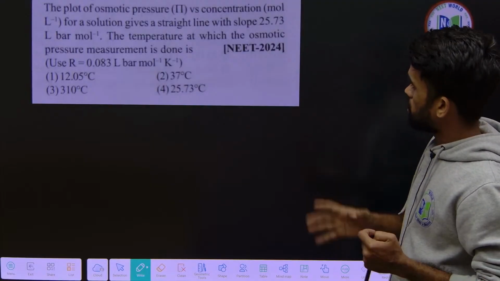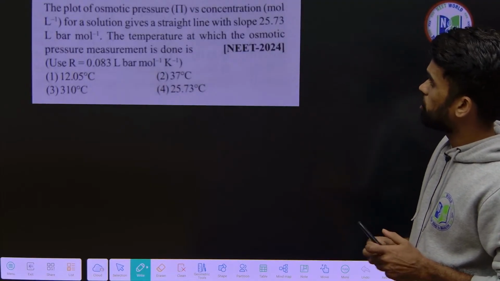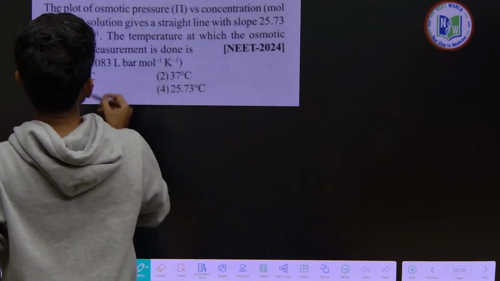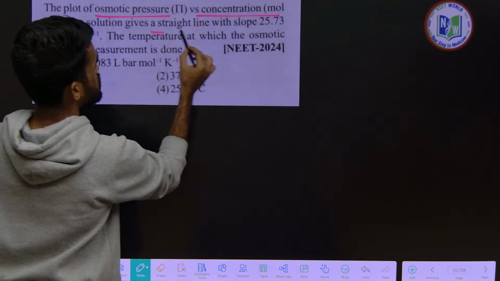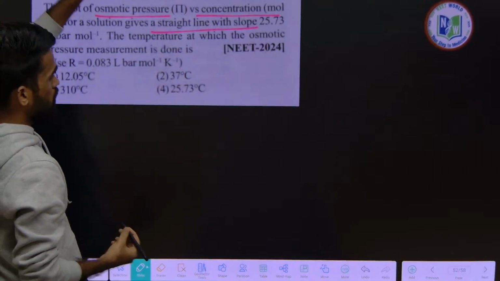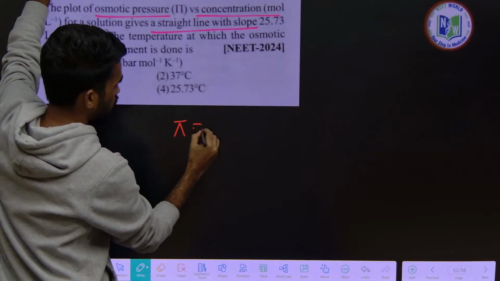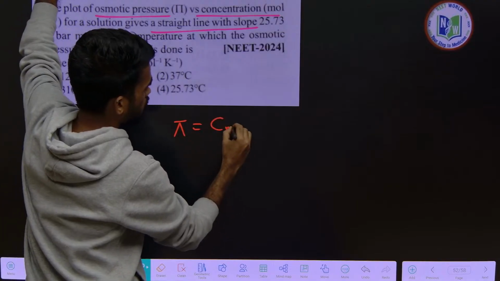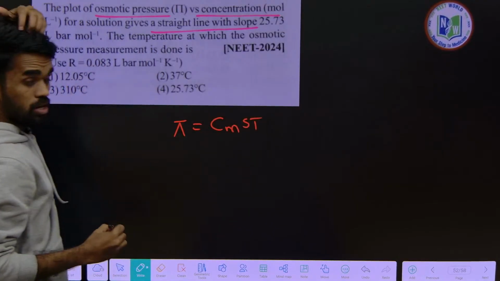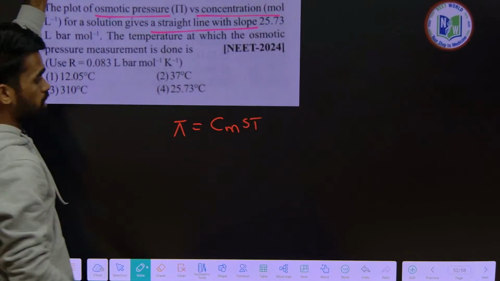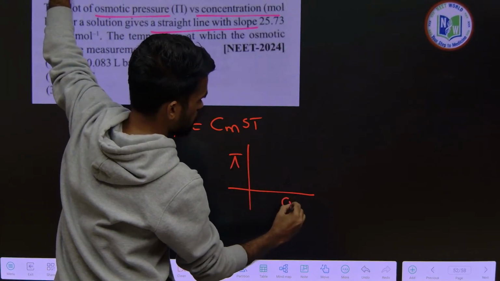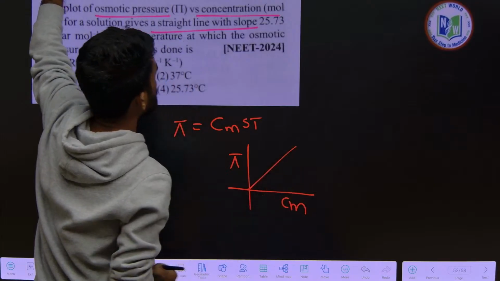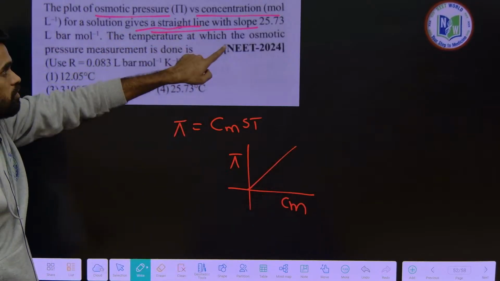Again, a plot. This is also a very interesting question. Here you can see the plot of osmotic pressure versus concentration for a solution gives a straight line with slope this much. What is the osmotic pressure formula? Pi is equal to molar concentration times S times T. They have given pi versus molar concentration gives a straight line, with slope